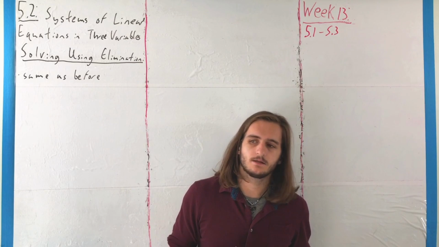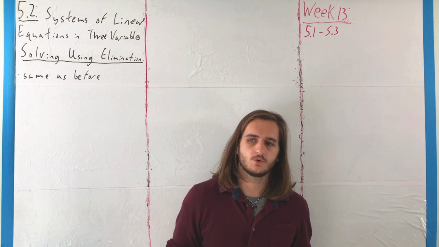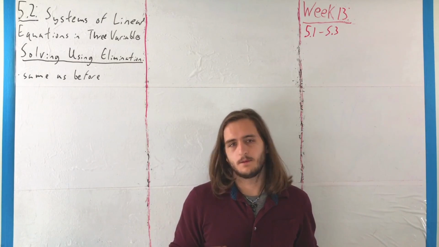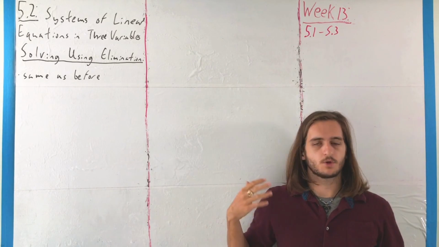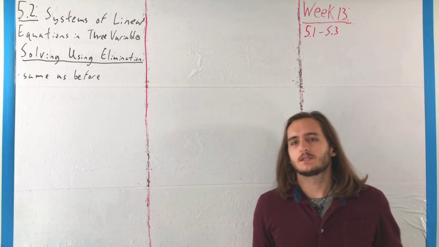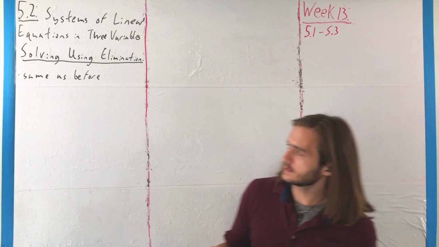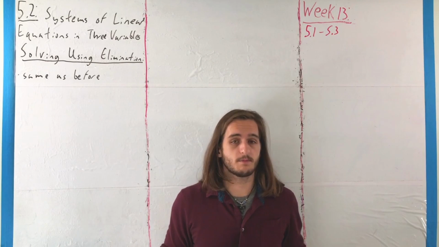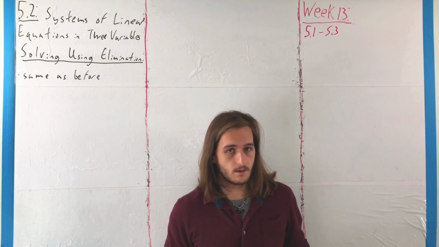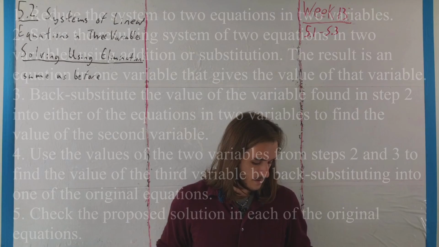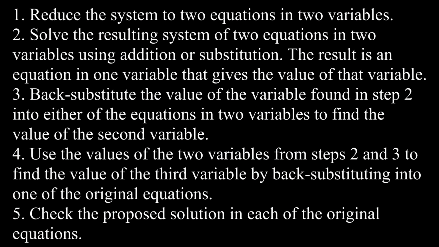It's just, it tends to be more work than you'd want to do, and for that matter, using elimination or addition instead builds towards a natural extension that you can get from this material that if you choose to do the extra credit, you'll see more of in Chapter 6. Anyway, if we're going to follow through with this method, like I said, it's very much the same as before, where when we're dealing with these, what we want to do is reduce the system to two equations and two variables, where essentially you're doing some sort of addition to cancel out the third from both pairs,